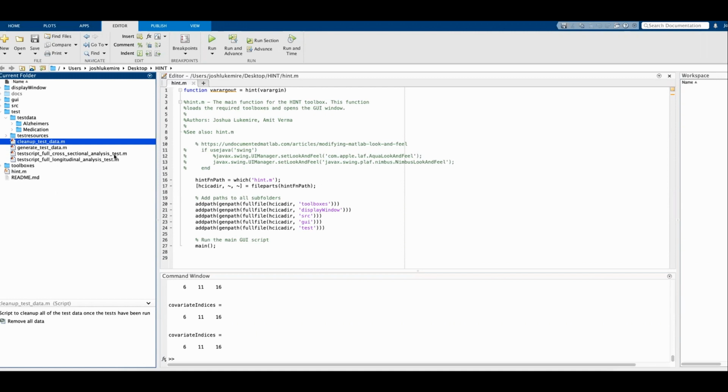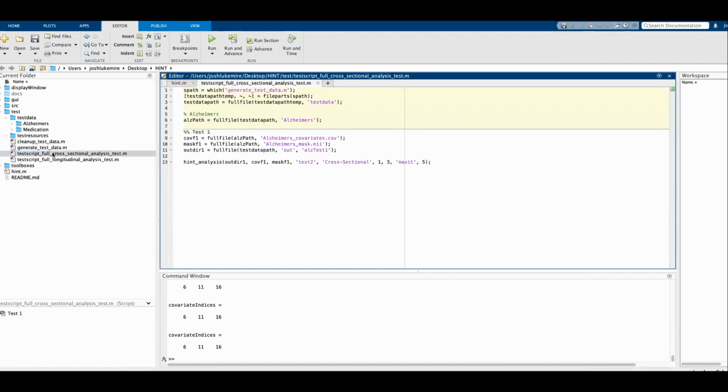So for both of the examples that we did today, the cross-sectional analysis and the longitudinal analysis, the HINT toolbox comes built in under the test folder with script versions of those analyses, which you can then modify for whatever analysis data that you have that you might want to work with. So I'll open up the cross-sectional analysis, for example. You can see it's very simple to run these analyses via a script. All you have to do is specify the path where the data is stored,